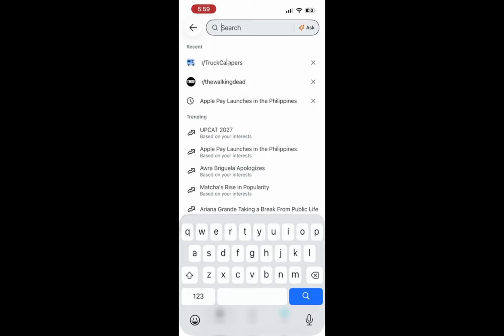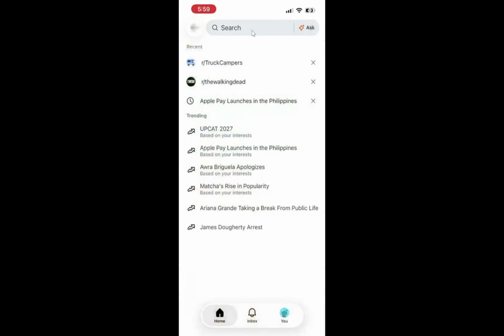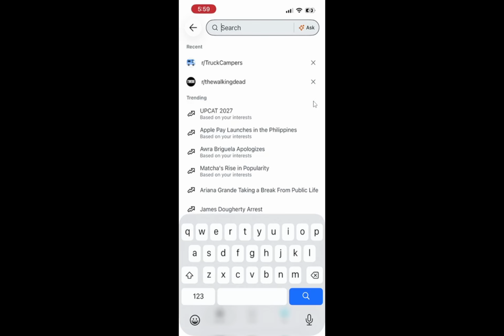After that, glance back over the recent searches section to confirm it now looks the way you want. You might see only a few remaining entries or even an empty area with no recent searches listed. That visual change is the sign that your Reddit search history on this device has been cleared for those specific items. With that ready, you now know how to open Reddit search, view your recent searches, and delete the ones you do not want to keep. You just cleaned up your Reddit search history on your phone so it only shows what you choose to keep.